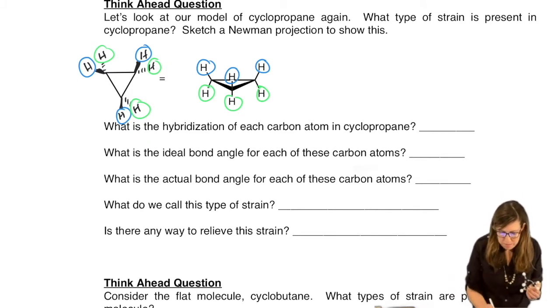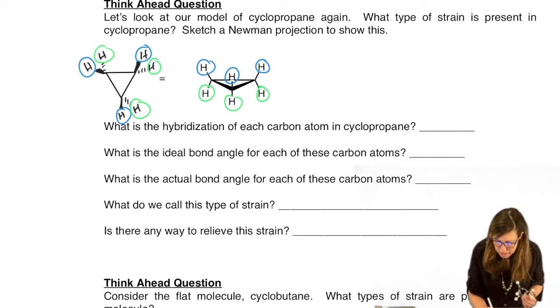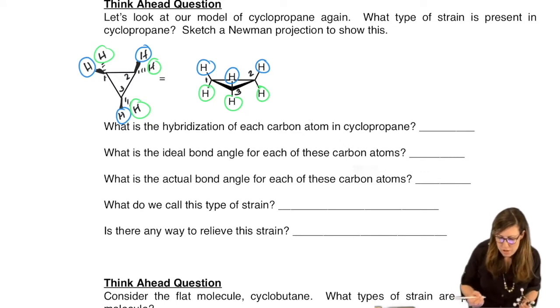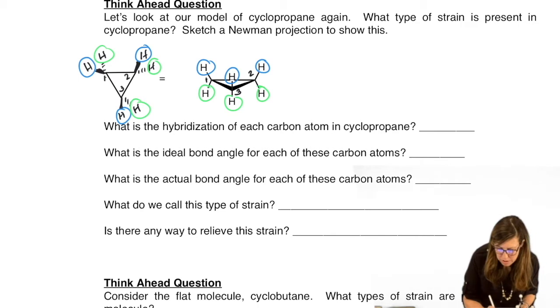So let's pick one. I'm going to pick, how about if I number these? 1, 2, 3. And then I let this be 1, 2, 3. It doesn't matter, right? It's because I'm not actually trying to name it. It doesn't matter which direction I go. I'm using this for a point of reference. So let's do a blue eye, just so color stands out. And we can look down. Which bond makes the most sense? You could look down 1 to 2. You could look down 3 to 1. You could look down 2 to 3.